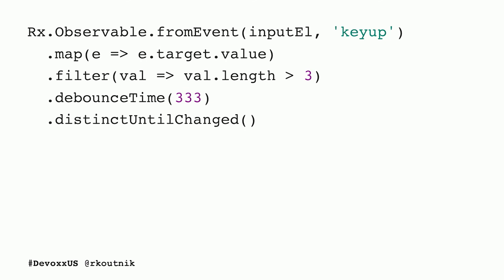It's a special type of filter that keeps an internal state and says only pass on when the new value has changed something. Because as many programmers, myself included, have discovered by sending off an inordinate amount of requests, pressing left and right, if you happen to be the sort of person who fidgets a lot, I don't know anyone like that, pressing left and right in an input box is a key up event, which means that if we sit there and press left and right 100 times, it's going to send 100 requests in the space of a second or two, which makes backend programmers angry again. Distinct until changed, one line, one function, all the headaches go away.